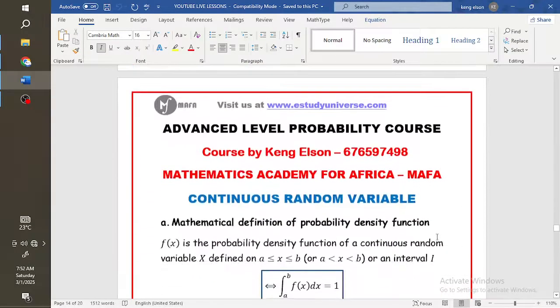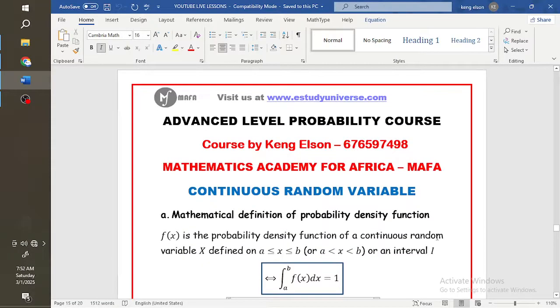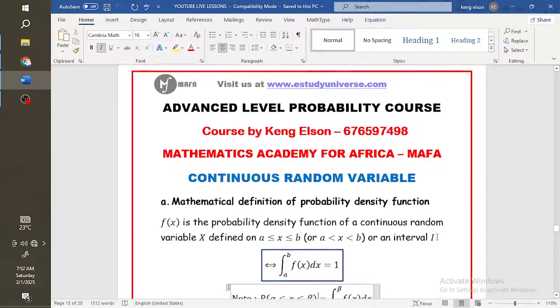Alright, so basically the way I prepared the lesson, all the examples I'm going to be solving are past GCE questions. Some questions from maths with statistics and some questions from further math. You realize that they have a 99% resemblance. That's why it's important that if you have a friend who offers further maths and is not here, or a friend who offers maths with statistics and is not here, just share the live session with your friend, because I'm going to explain in such a way that it benefits both parties, both further math students and maths with statistics students. Alright, so the first thing on board we have